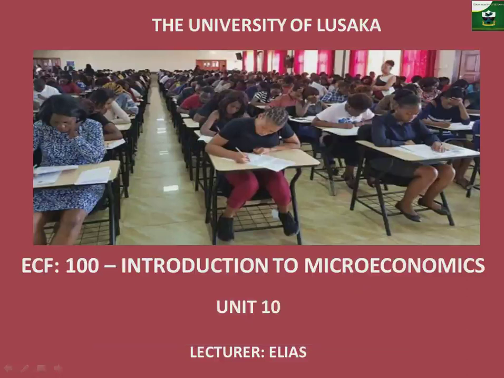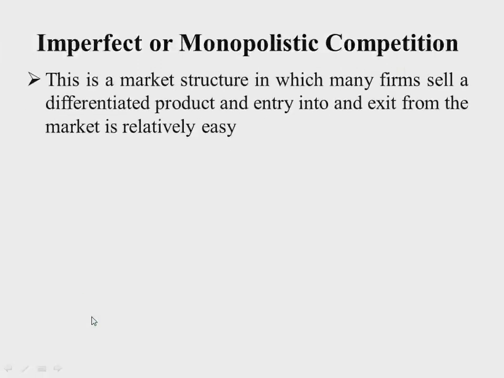Hello. So in this session, we are going to look at monopolistic competition. That is a market structure where there is some degree of monopoly as well as some degree of competition. So in other words, what we see is a large number of firms but selling differentiated products. Okay, so let's begin. So we can start by first defining or describing what monopolistic competition is, which is simply